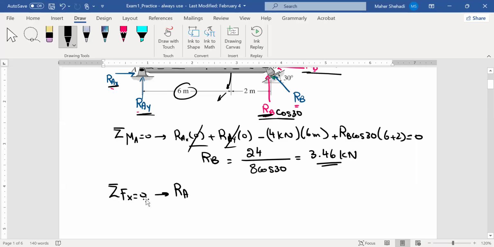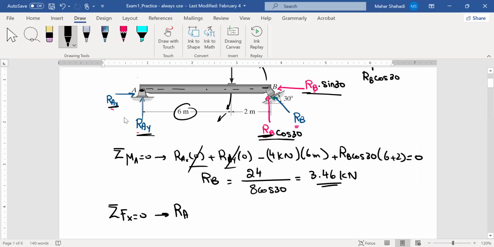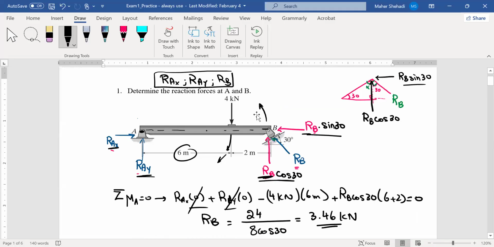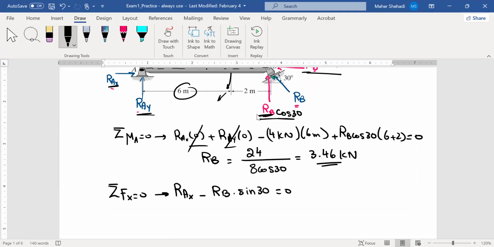If I do the sum of forces in the X direction, I have RAx going in the positive, and then minus RB sine 30 equal to 0. That's it. The 4 kilonewton is in the Y direction, so we don't have that. Therefore, RAx is RB sine 30, so that's 3.46